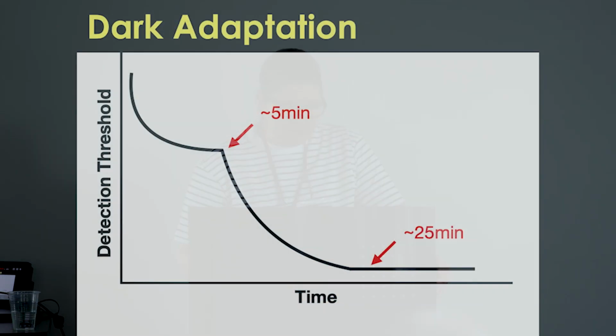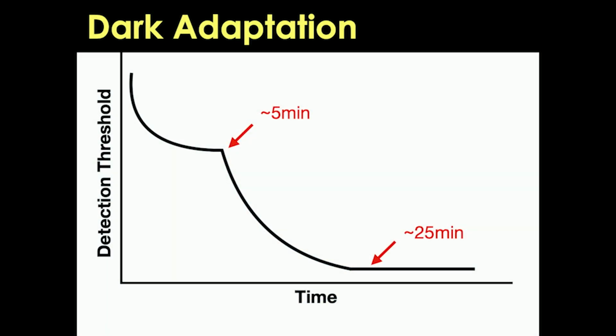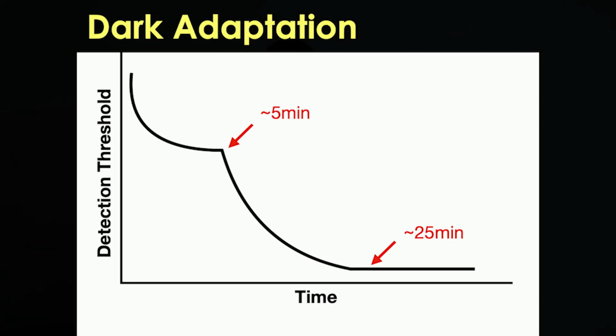Second thing you need to know is how it is that our eyes adjust to being in the dark. Okay, this is referred to as dark adaptation. So, imagine I take you from a lit environment and I put you in a dark room, and I want to see how your eyes adjust to being in the dark. I can measure your light threshold about every minute that you're in the dark. Light threshold would be the minimum amount of light you need in order to detect that light. And if you have a lower threshold, that means better performance.